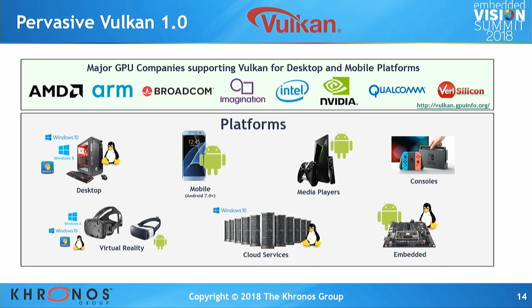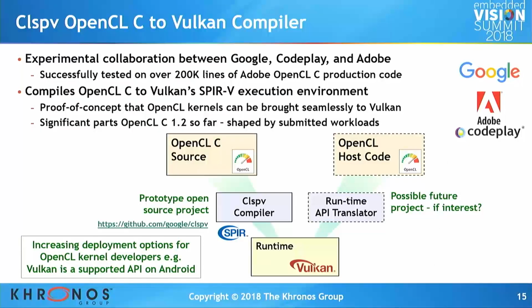OpenCL is not available everywhere. People would like it to be. Vulkan is pretty much available everywhere on desktops, mobile, embedded systems. And we have an interesting project called CLSPV. It's an open source project. It was originally catalyzed by Google and Adobe and CoPlay. They want to run optimized OpenCL kernels on Android that has native Vulkan, but not OpenCL as a platform API. Lots of the GPU vendors ship their own OpenCL, but they use it under the covers. If you want to have a platform-supported API providing your acceleration, then Vulkan is kind of the way forward.